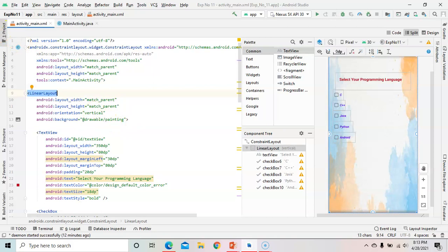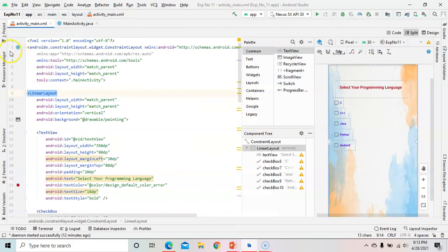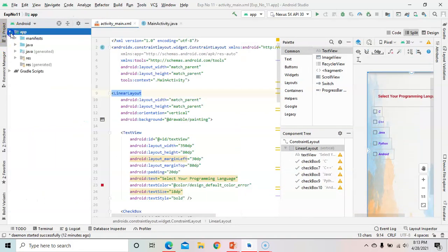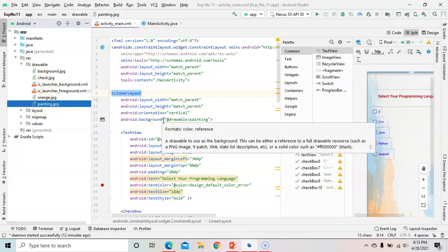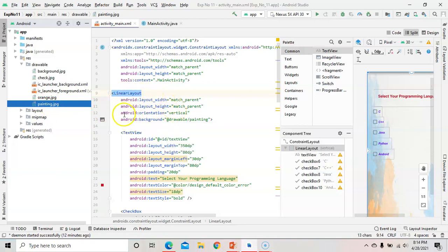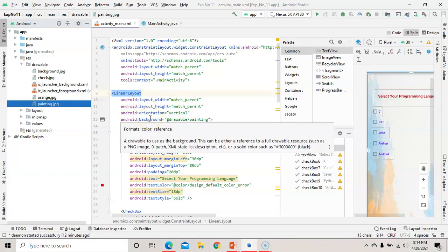In the project part you can see in the drawable resources, drawable, I have this image painting. When you want to add any image as the background, you need to add it in the layout attributes. It can be a linear layout, relative, table, it can be any layout.